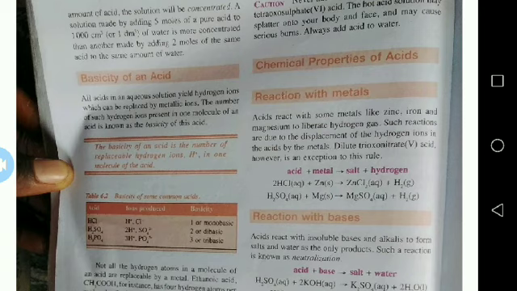And acid anhydrides are non-metallic oxides. Please take it down. Acid anhydrides are non-metallic oxides that dissolve in water to produce various acids. Example, we have carbon 4 oxide, which is an anhydride of